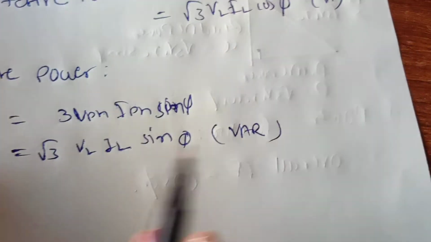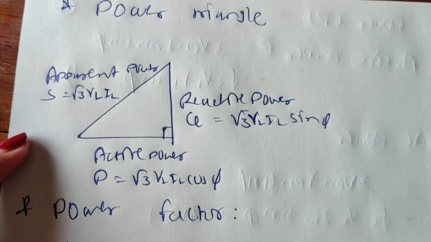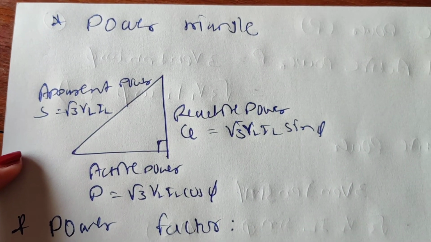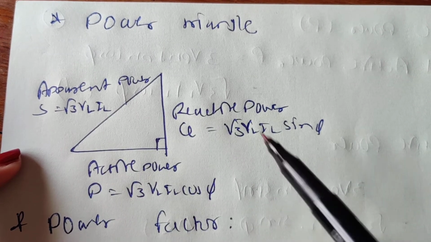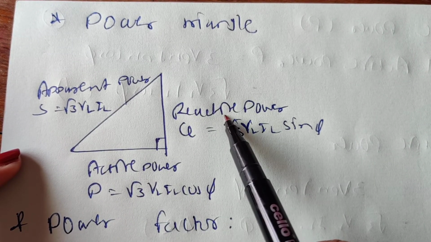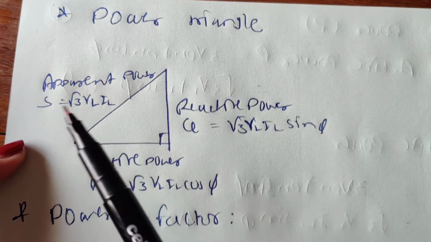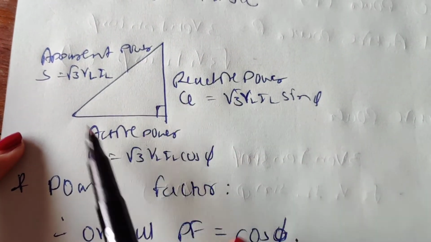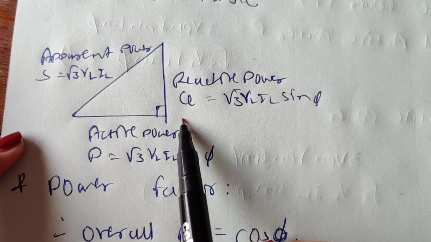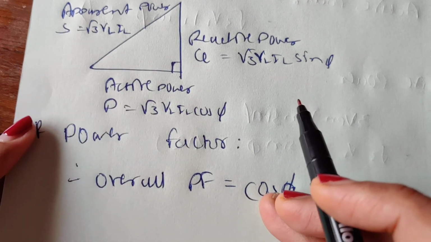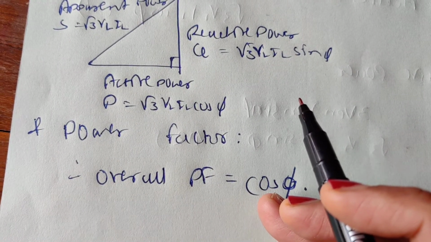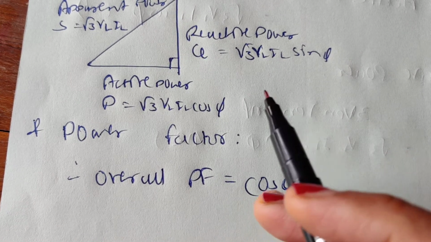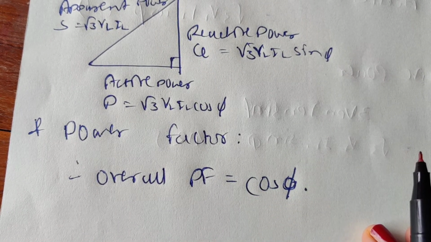Now if I combine all three values of power and want to draw the power triangle, I can combine them as a right angle triangle, considering the active power and the reactive power, so that I get the apparent power. This is all about the power factor that one needs to consider in the case of a three-phase balanced star connected load. We all know the load power factor for the three-phase balanced star load is equal to the power factor of each phase in the load.